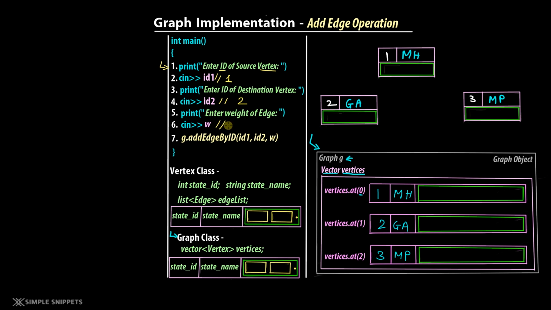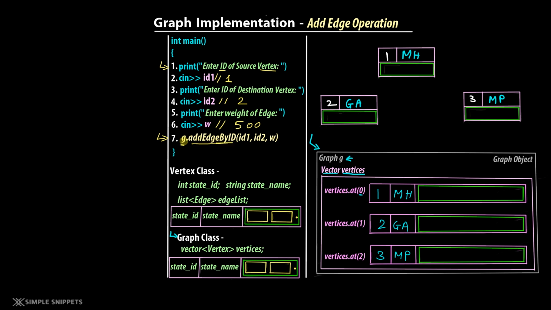I hope you know what is a weight. Weight in this case is the distance between Maharashtra and Goa, right? Let's say the user enters 500. Alright, 500 is nothing but kilometers. Let's just assume. And lastly, this is the command where the user will actually call G dot add edge